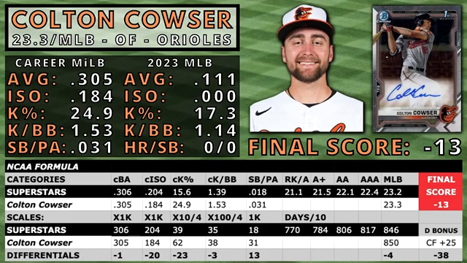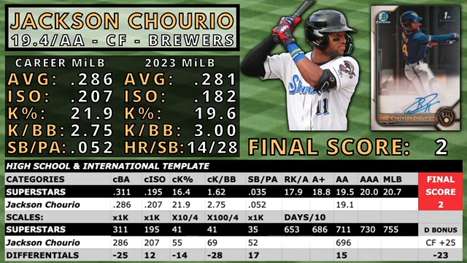He took a very small hit in batting average, and I think that's Colton Cowser's big offensive piece is his contact ability, the ability to hit for contact and have significant upside defensively in center field. So he did get the 25 plus defensive bonus for being in center field, which brought his score to a negative 13. Our second prospect is Jackson Chourio, who broke into AA last year over a small sample size at